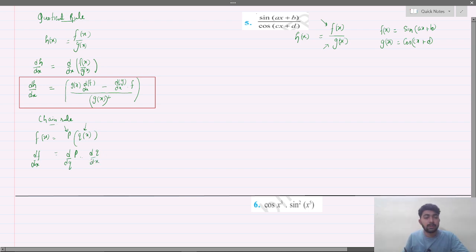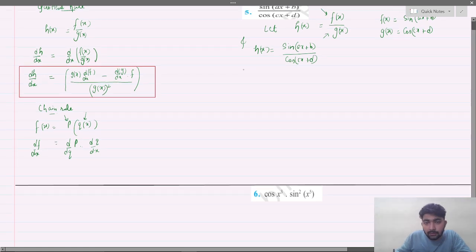Like that we need to differentiate. Okay, so here you can observe how we can apply now. This is your h of x. So h of x, I assume that this is this one, and what is your h of x actually? H of x is sine of ax plus b over cos of cx plus d. I hope you understood. Okay, now if you want to differentiate, we need to write the differentiate symbol above the function